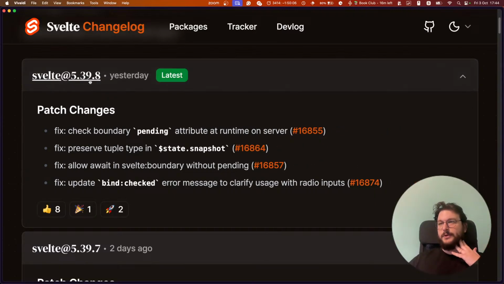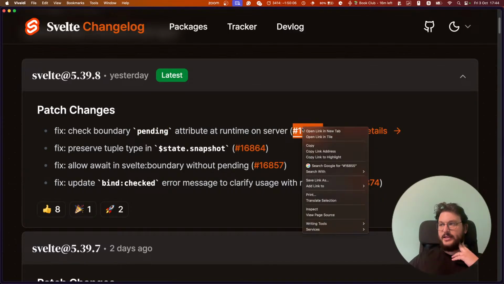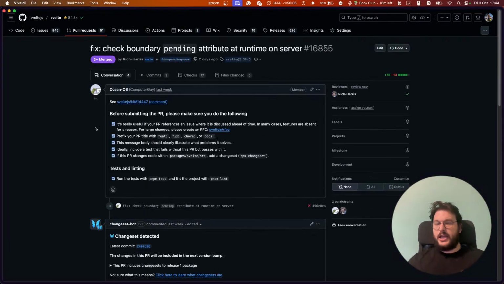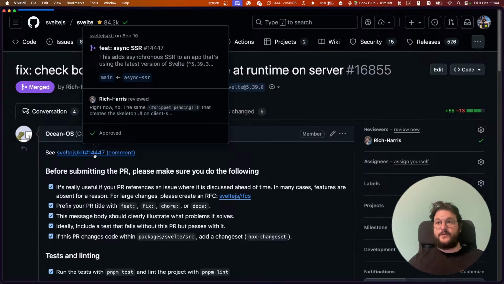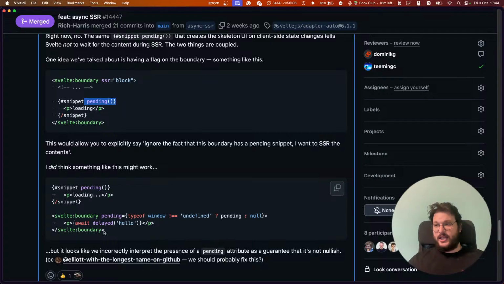So now we have 5.39.8, check boundary pending attribute at runtime on server. Oh, that's interesting. So if you are doing pending, it makes sense. Since now we also have async SSR, if you are using pending like this, like this,